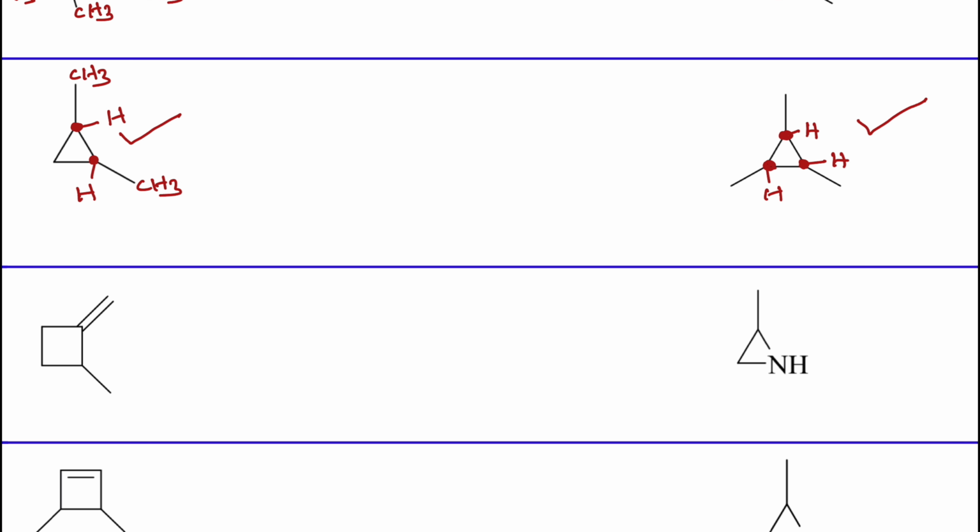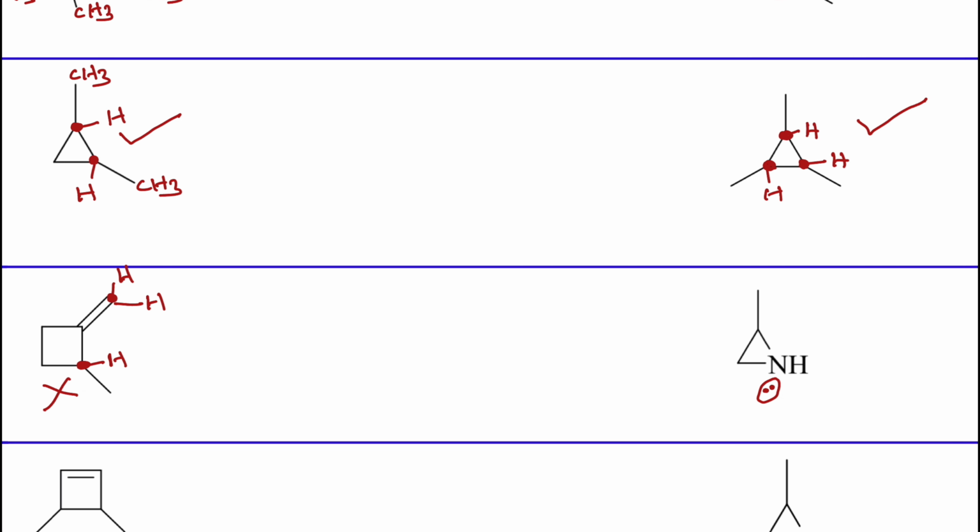And here, this is definitely not a geometrical center because hydrogens are repeated. Methyl and hydrogen, the condition is satisfied only at one place. Therefore, it will not show geometrical isomerism. Most importantly, it is